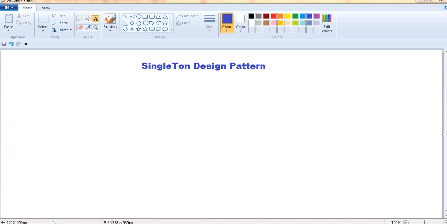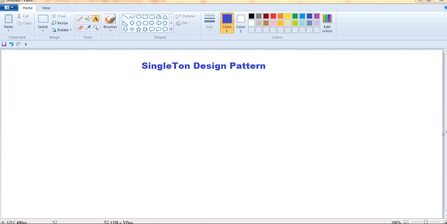Anyways, let me begin. Let me first explain a little bit what the singleton design pattern is and why it is used. Basically, this type of design pattern is used when we don't want multiple objects of a particular class to be created. We only want a single object of a particular class, created only one time, and as many times as you trigger to get the object of that class, you will get the same object. So it is used when we want a single object creation and one time creation.